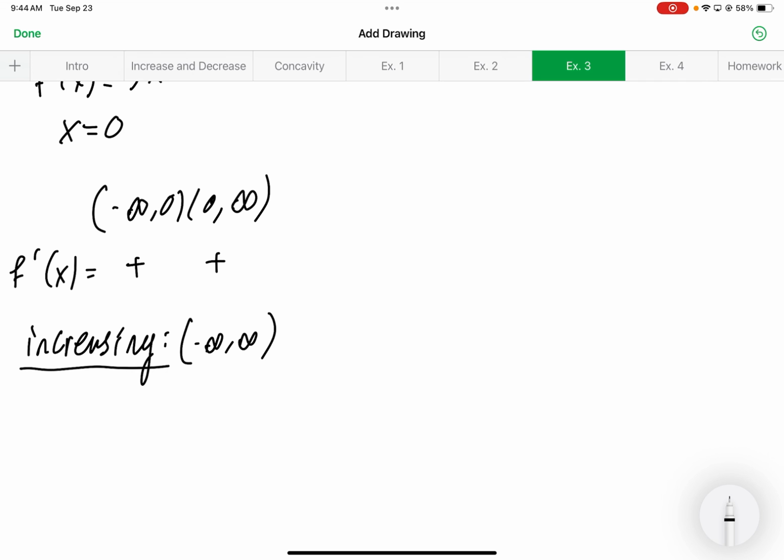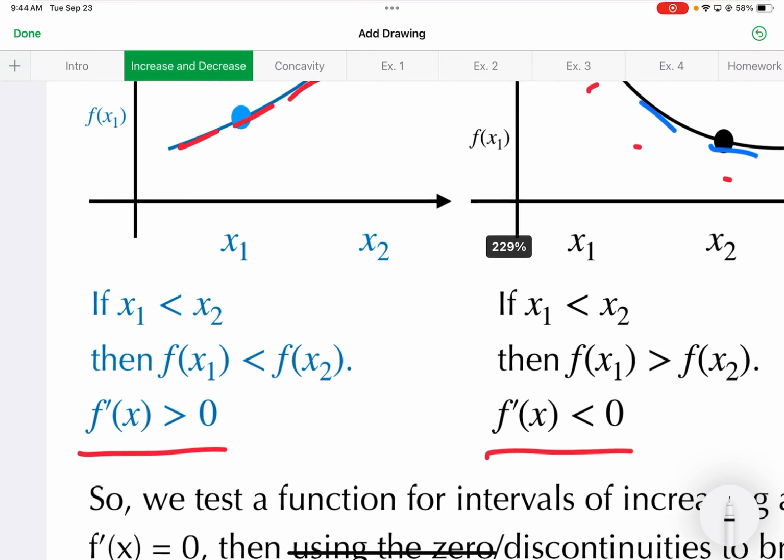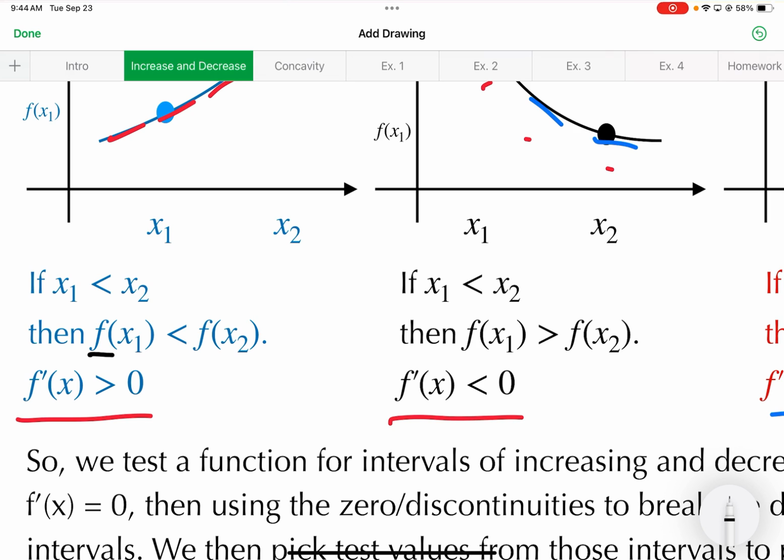Max, what's up? Isn't it not increasing at 0? It's like the slope of 0. Okay, I guess you're right, at 0. But if you look at when we defined increase decrease, we said that f of x sub 1 is less than f of x sub 2. So it would constantly be